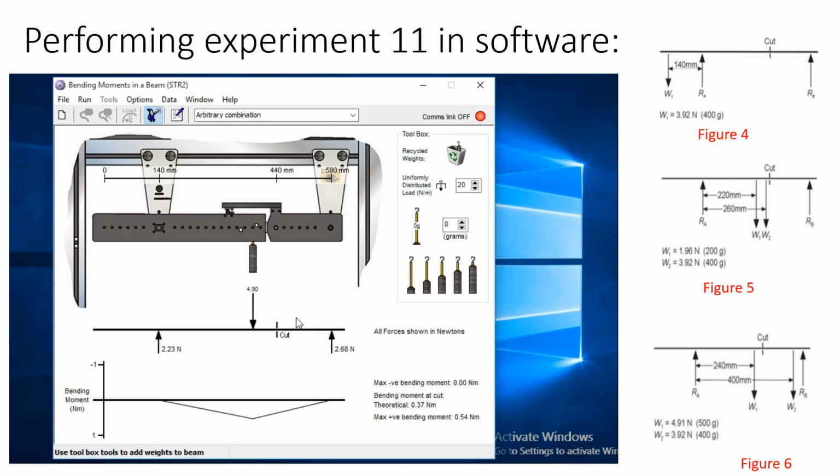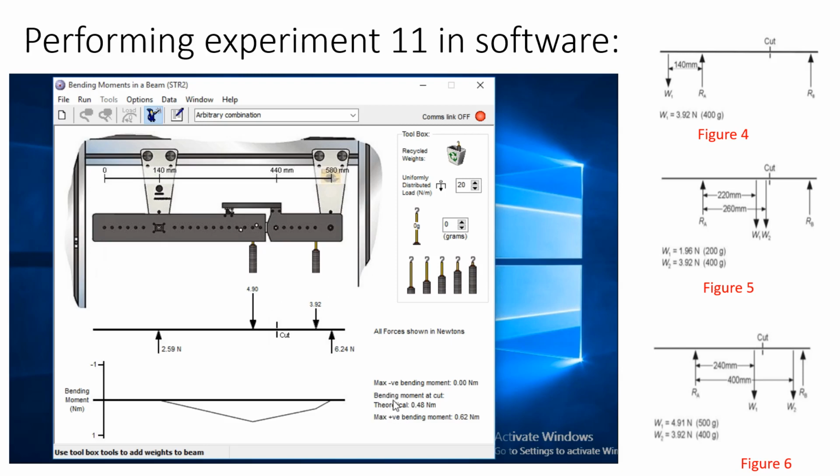So again we have two loads here. We will select 400 gram and we will apply it here at 540 millimeter distance. So you loaded the beam at two different positions away from the cut. You will calculate the bending moment at the cut position and compare with other values in the tables.